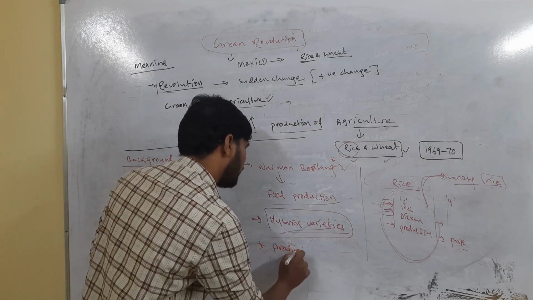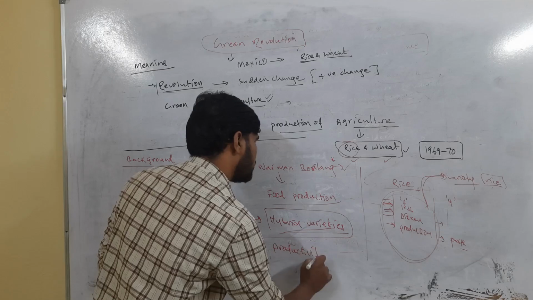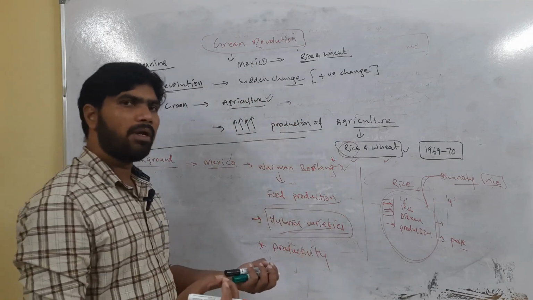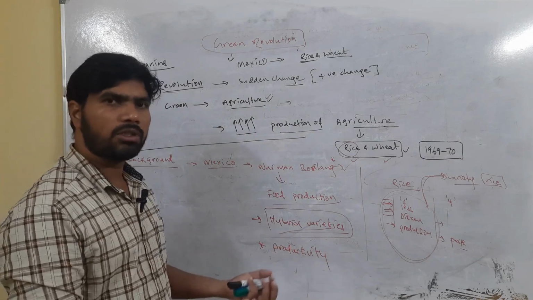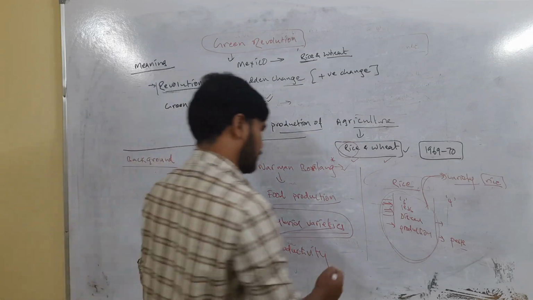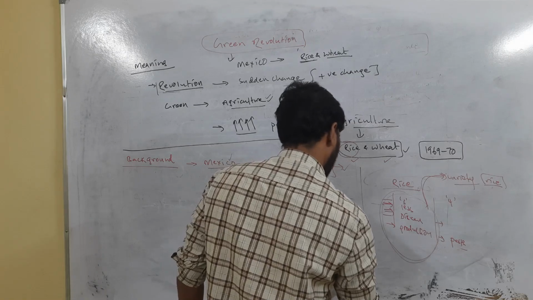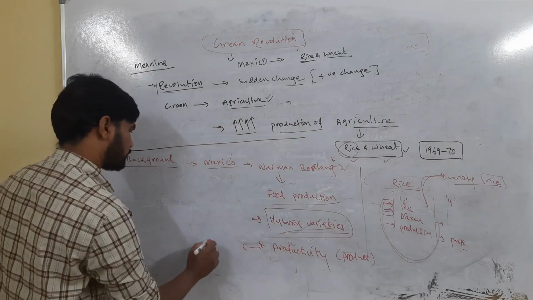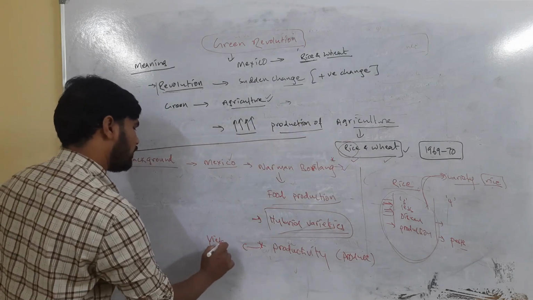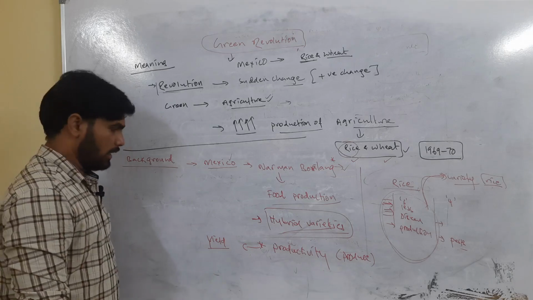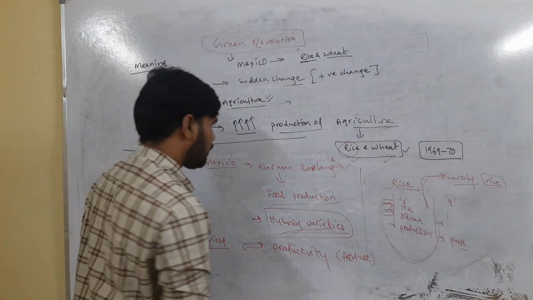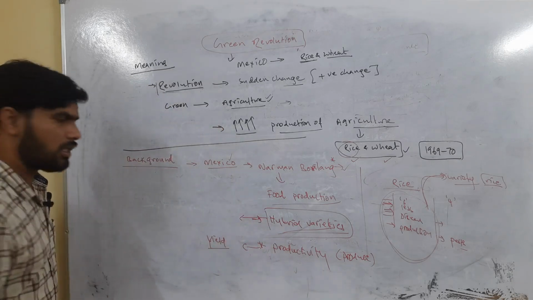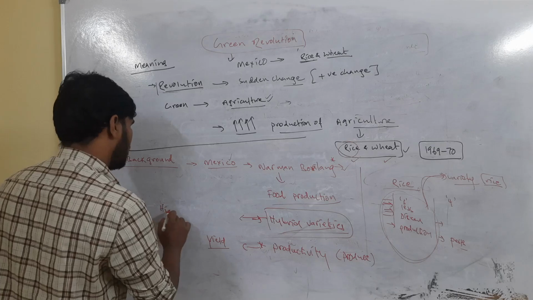which have good productivity. Means they might be cultivated in a small area, but compared to that area, this variety will give a lot of produce. In other words, the yield will be very high. Because of that reason, these hybrid varieties, in the language of the Green Revolution, are called high yielding varieties.